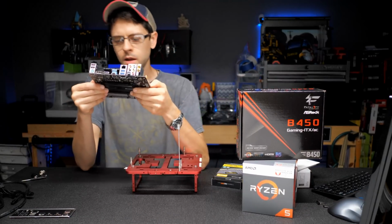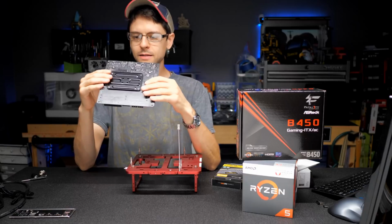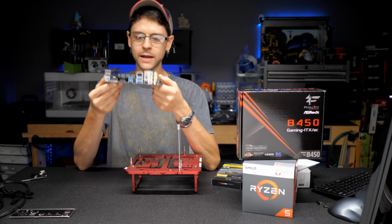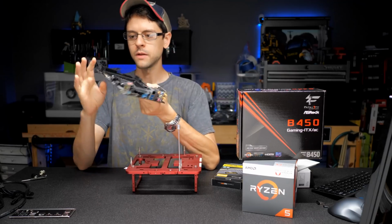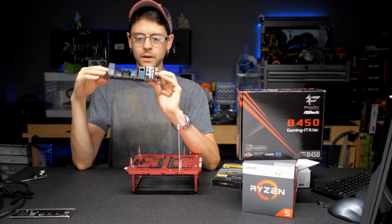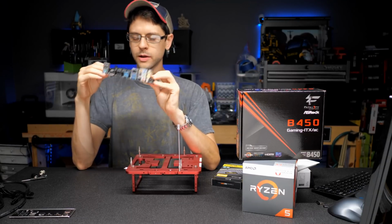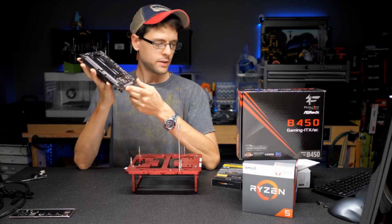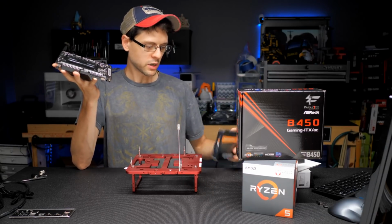And I got it mostly because it was a pretty decent deal, had good I/O. ASRock usually has good I/O. I like the placement of the connectors where the front panel header was. And it only has one Ultra M.2/SSD slot, but that was important because for this customer, I was going to go with